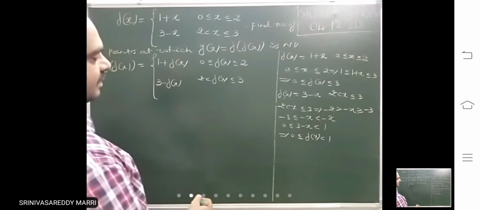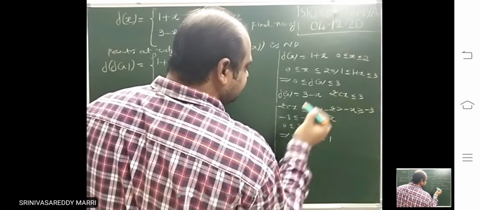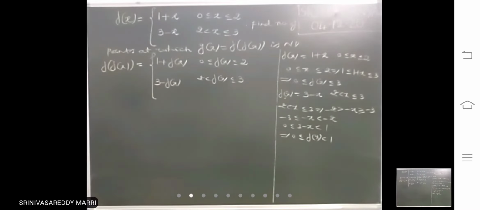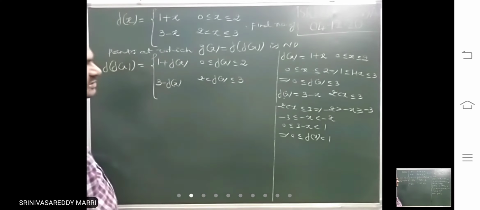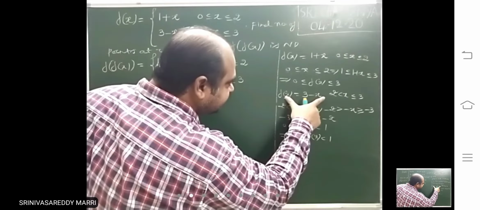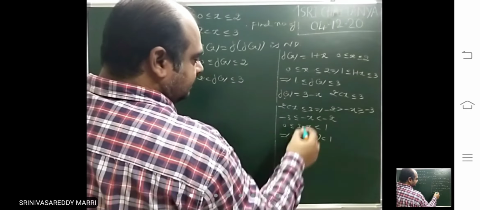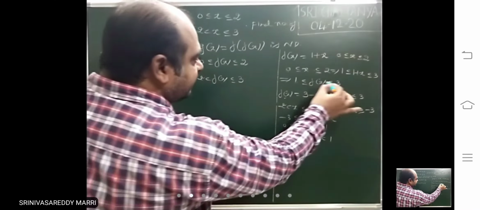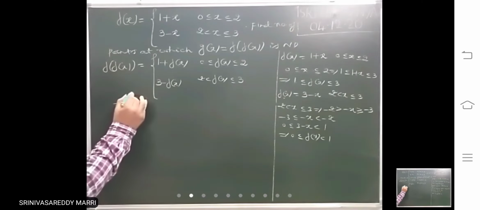That means if this is the f of x, it lies between 1 and 3. If this is the f of x, it lies between 0 and 1. Now you can comfortably substitute. Now, if f of x lies between 0 and 2, that f of x you must take here. f of x 0 to 1 means this is the definition. f of x 1 to 3 means this is the definition. But here 0 to 2 is there. This definition I am adjusting like this. Look at.